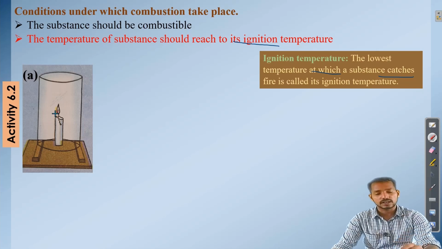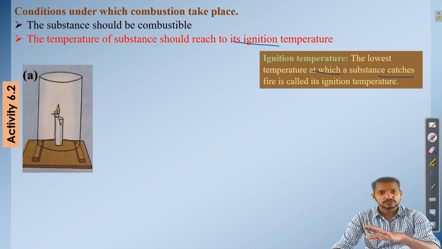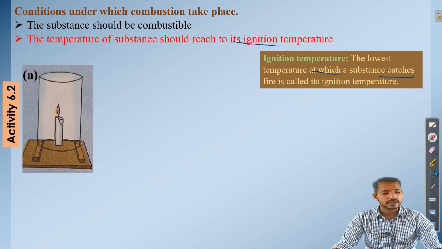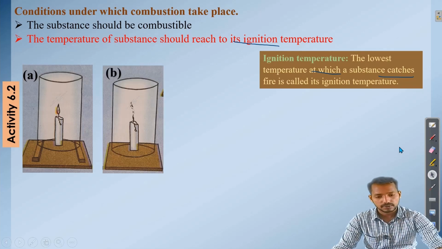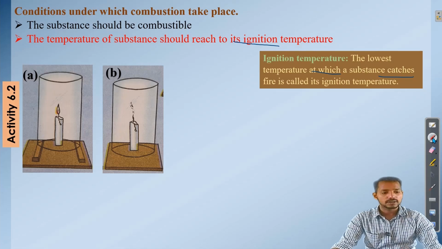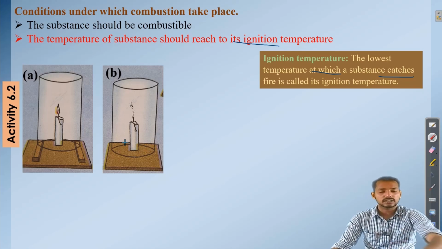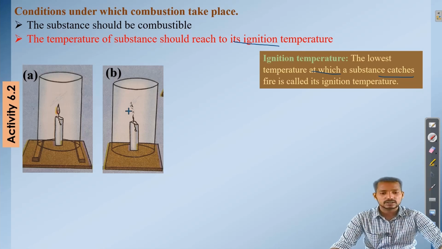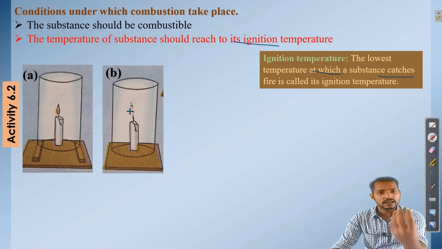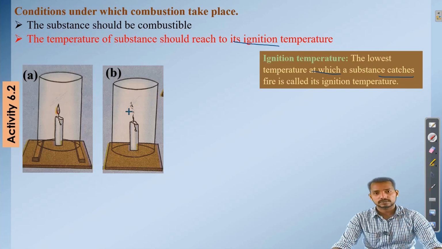And also you can observe that the candle is burning freely without any disturbance. Now let's take the second possibility here. Here we have made a small change: we remove this wooden strip, or anything which we kept for keeping the gap between chimney and cardboard, so that this glass chimney is directly mounted on the cardboard. Now you can see that this flame is flickering and produces smoke.